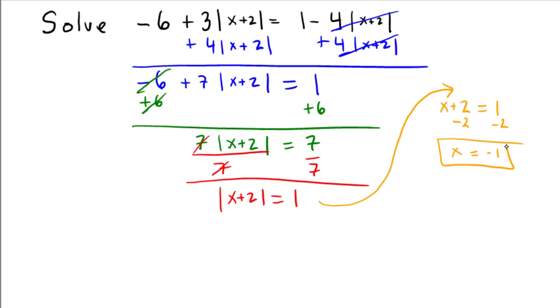The second equation is to take exactly what we see, to write it without any absolute value, but to make the other side negative. So we have x plus 2 equals negative 1. Subtract 2 from both sides, and we see from here that x equals negative 3. So the two solutions to this absolute value equation are x equals negative 1 and x equals negative